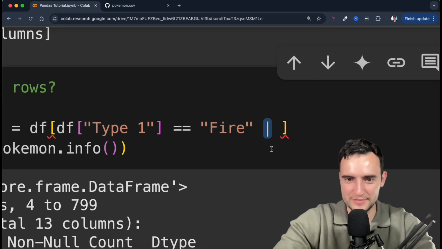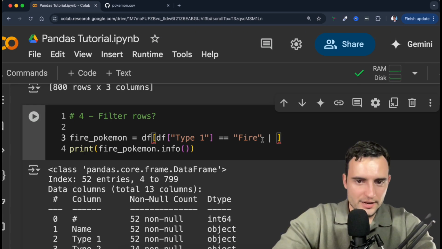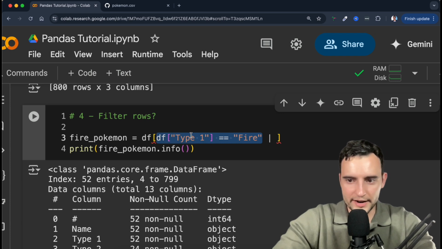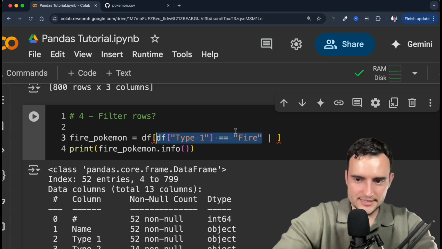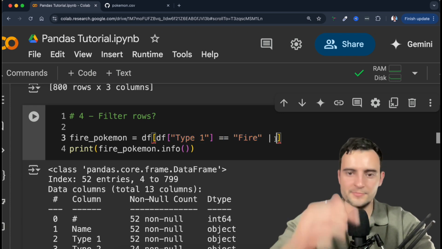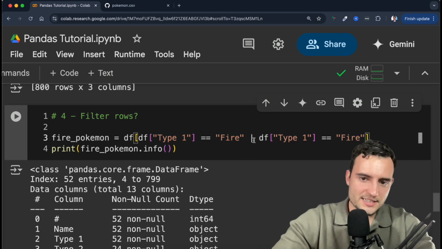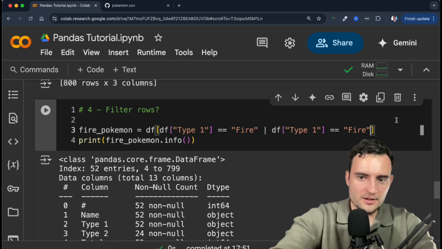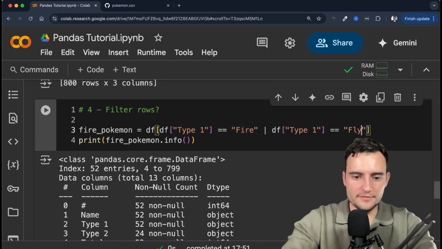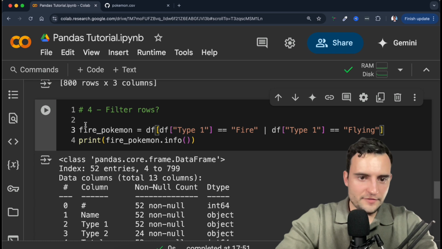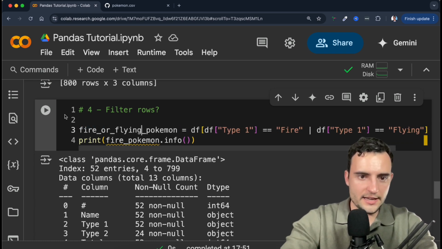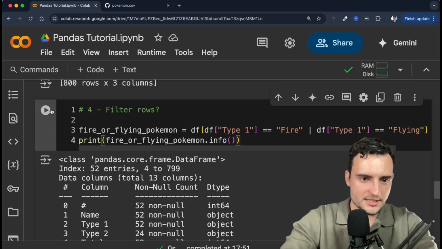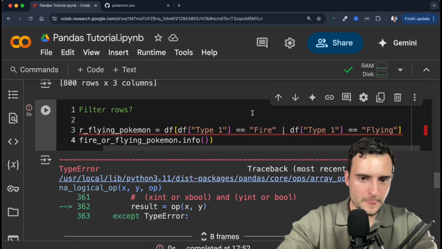I don't know the exact name of this, but if I wanted to allow fire or flying types, I can copy paste this here, and instead of writing fire, I can write flying. So if I now change this variable and said fire or flying Pokemon, and I run this,